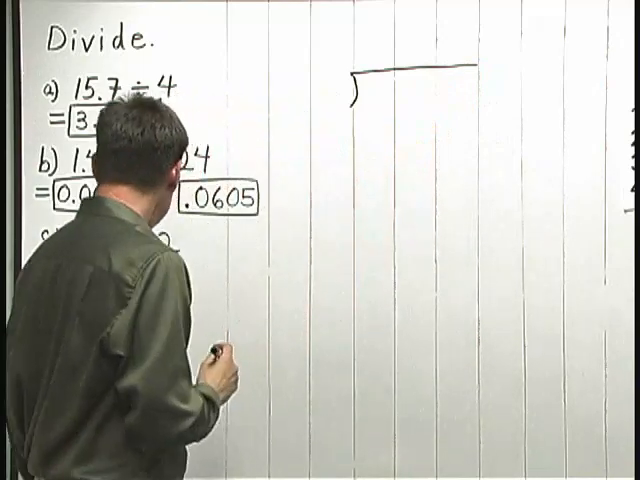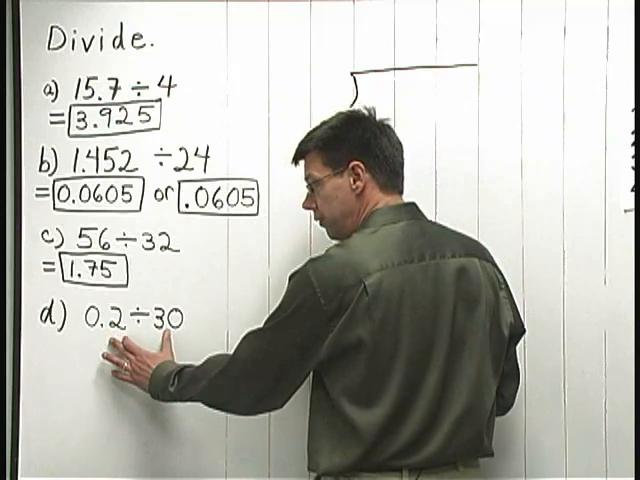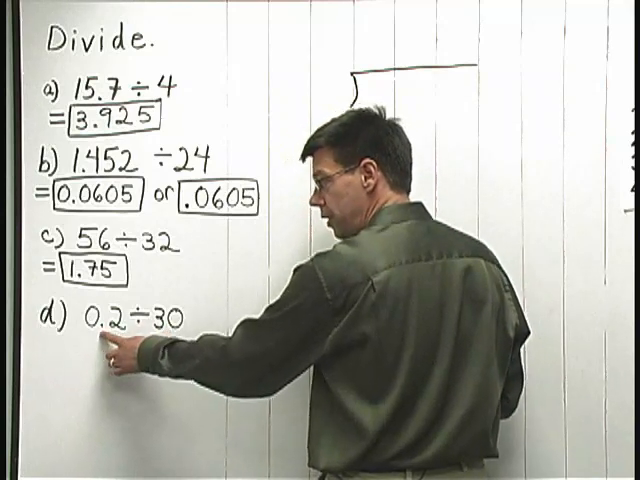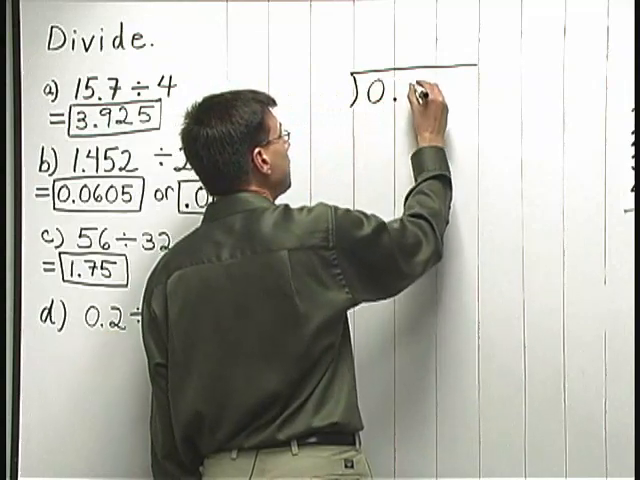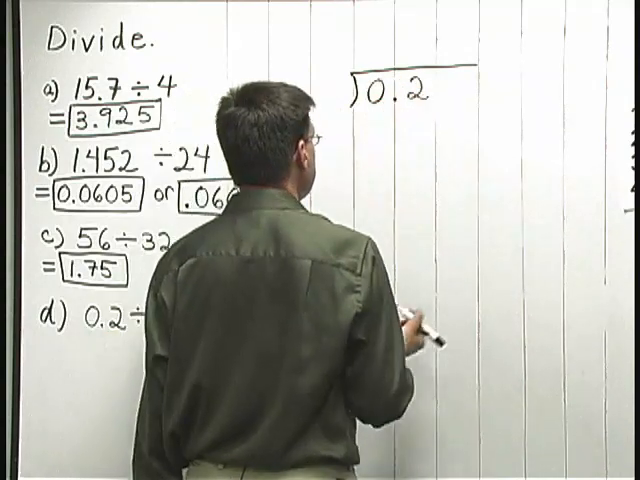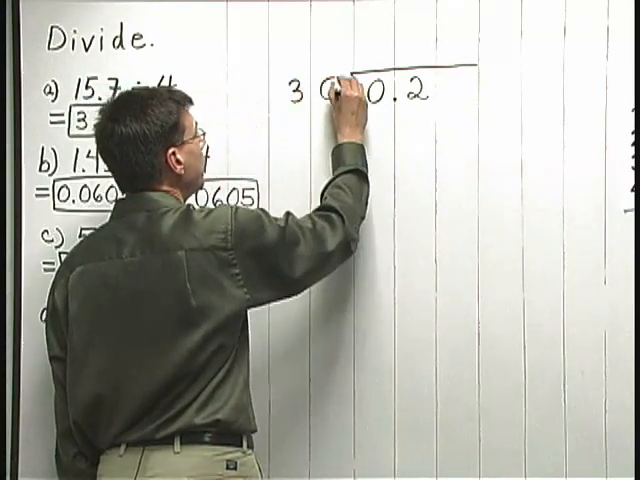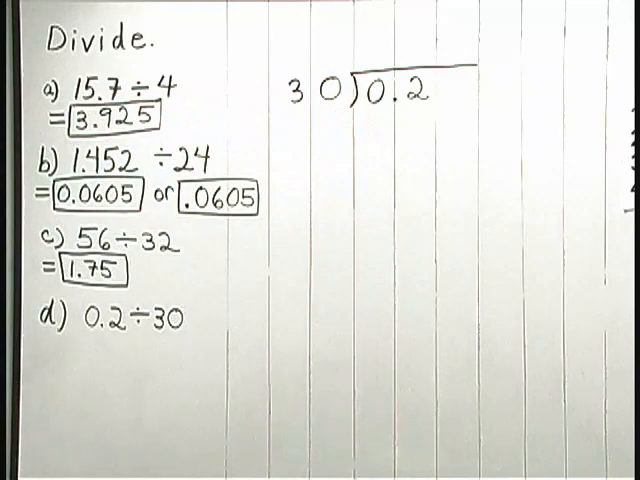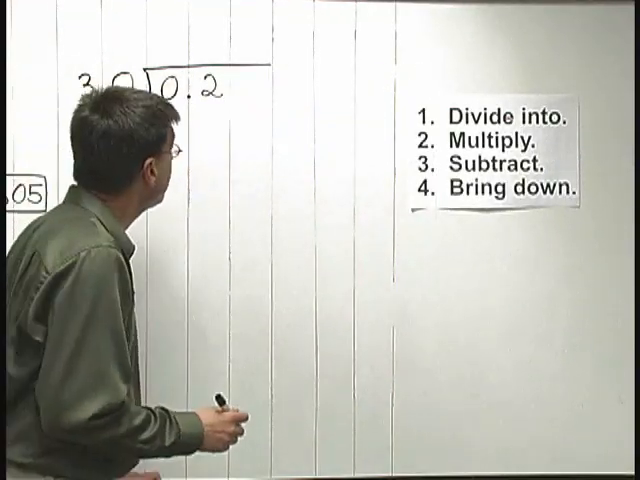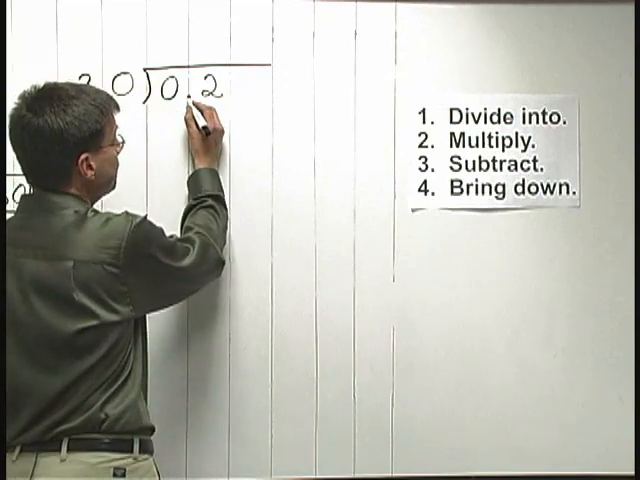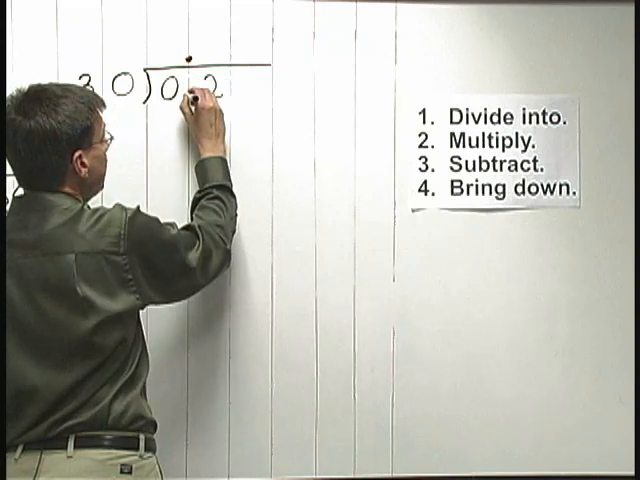And inside here goes the 0.2. When we write division this way, the first number always goes inside the long division box. So that's 0.2 inside divided by 30 out front. So let's get started by placing our decimal point in the answer, right above the decimal point that's inside the